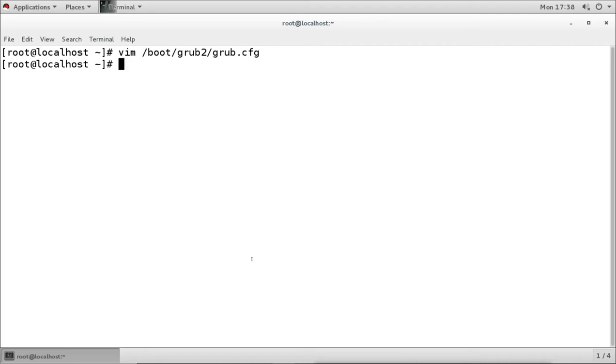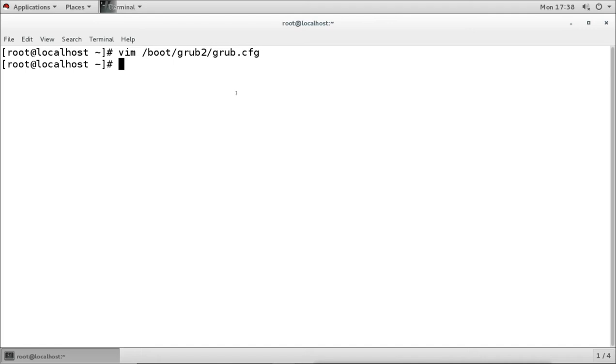We will not get all the options, but we can get some of the menu entry options which we can edit at boot time. So grub gives us the option to edit the grub configurations from the booting time also, without starting the system.